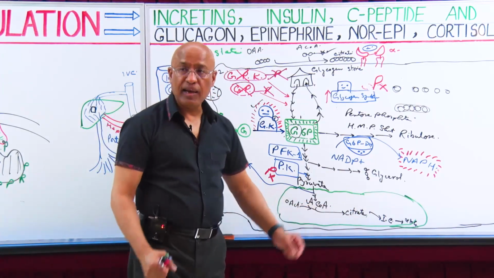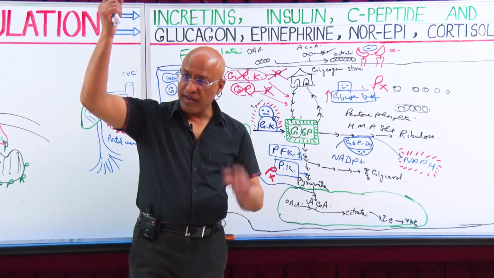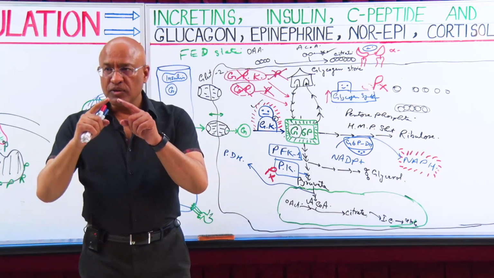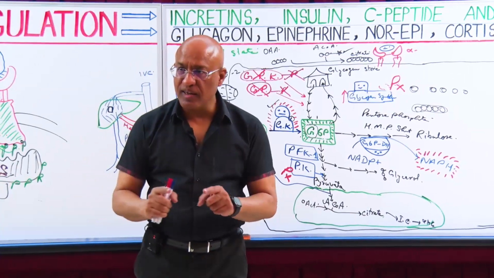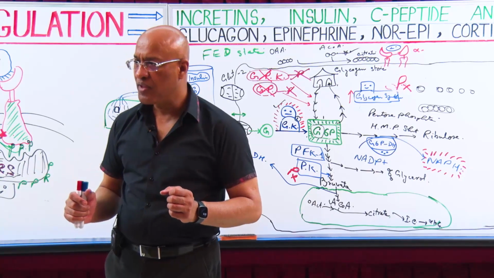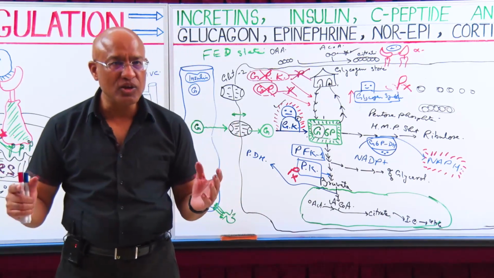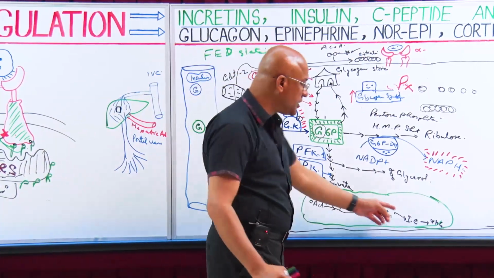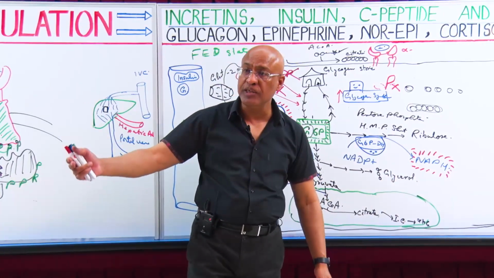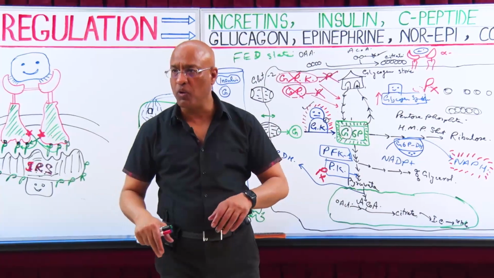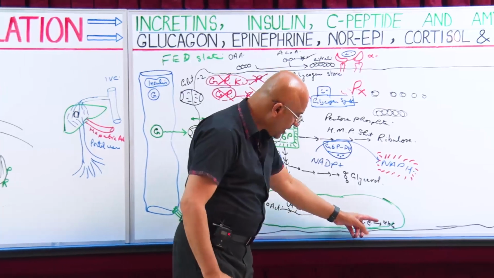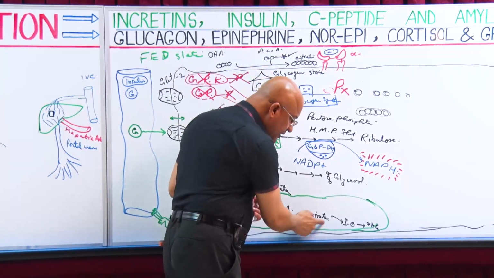But in the cell, the level of ATP goes up, the AMP level goes down. It means the molecular signals are that the cell is very rich in energy. Hepatocyte is very rich in energy. Why? Because ATP is already made a lot and most of the AMP is converted into ADP and then into ATP. So AMP level is low. Now low level of, here it is citrate, then isocitrate.